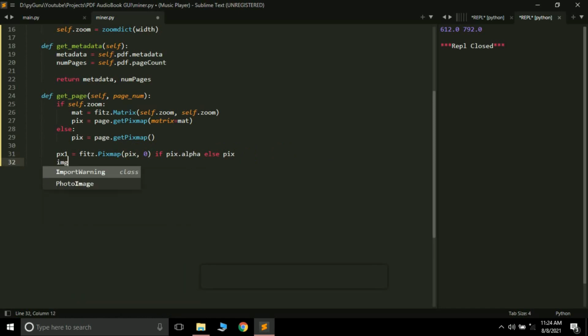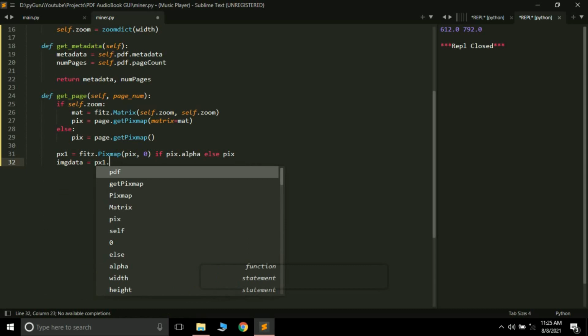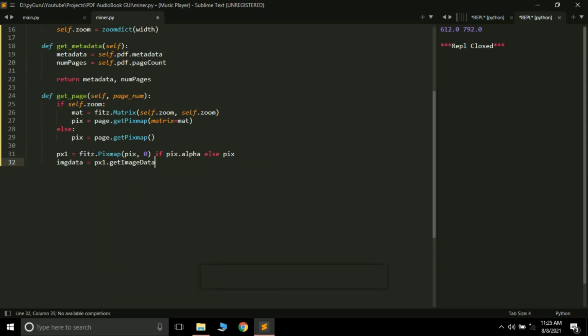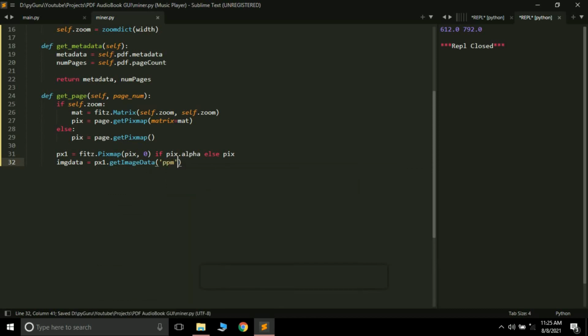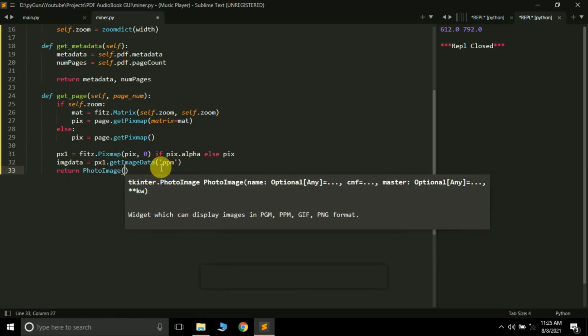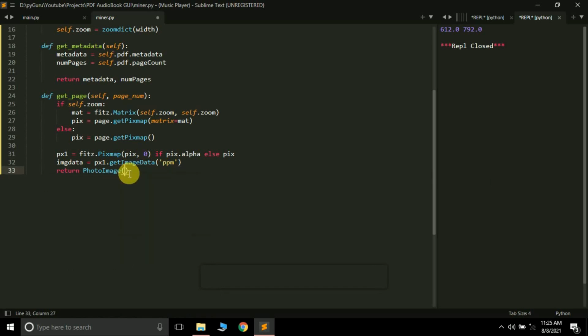Now let's do this: img_data, and here px1.get_image_data, and here you have to pass ppm. Just pass this and return PhotoImage. I'm not going to explain this because this line is a little difficult.